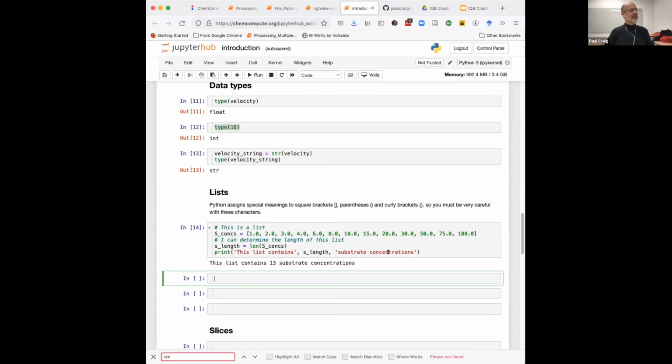I think a good practice I'll try to keep in mind is to keep the cell I'm working on toward the bottom of the screen so you can see the few cells above it in case you need to go back. You might want to do an action on a particular element in a list, and we will actually do this in just a moment. We can address the elements in this list with integers. The way we do this is, for example, if I want to print the first element,